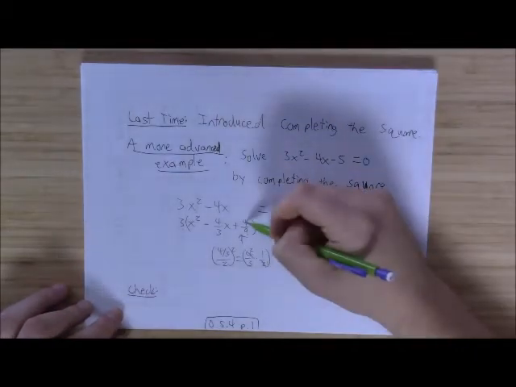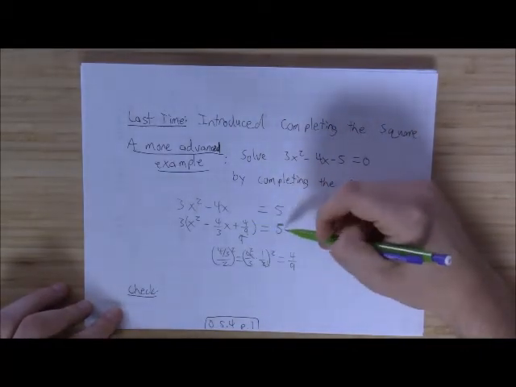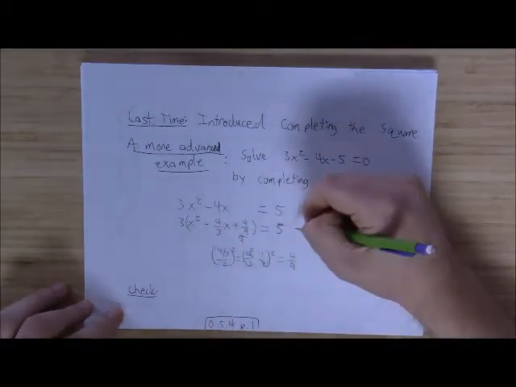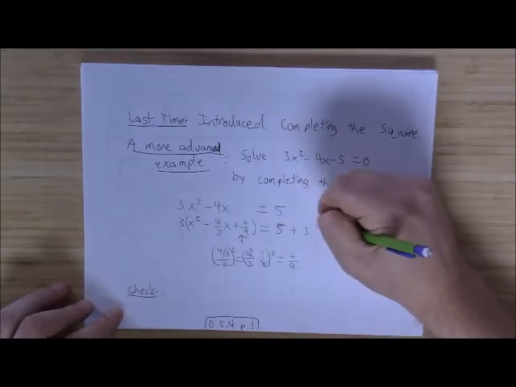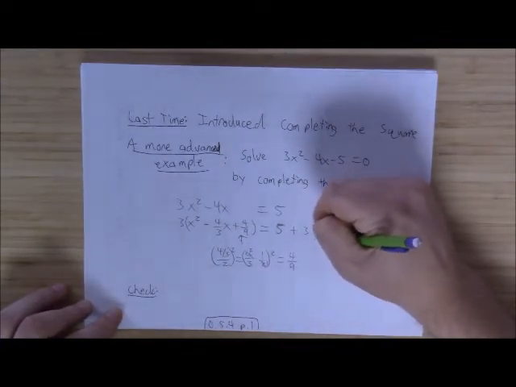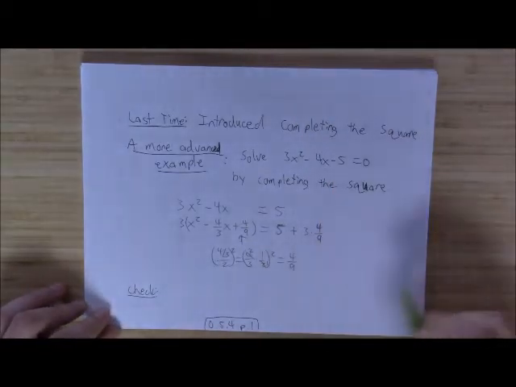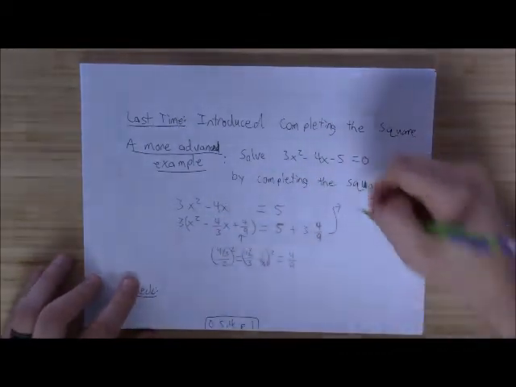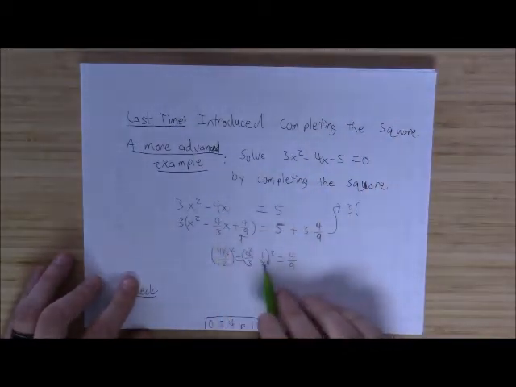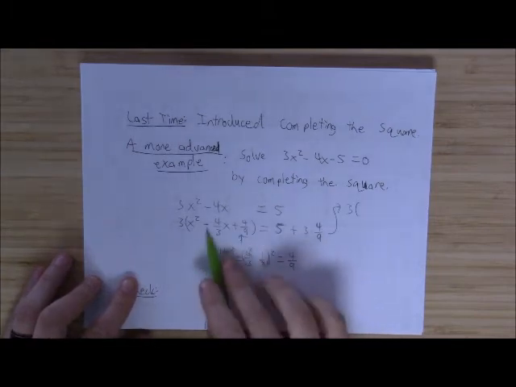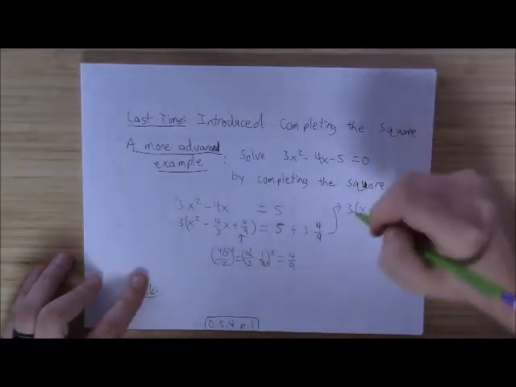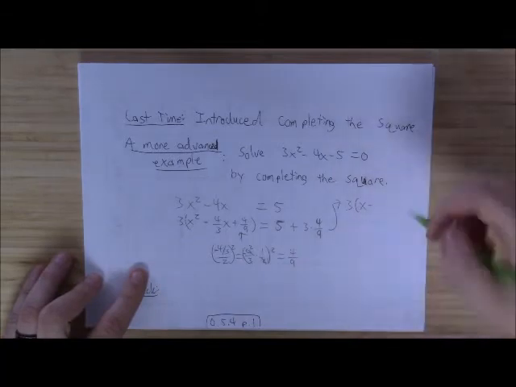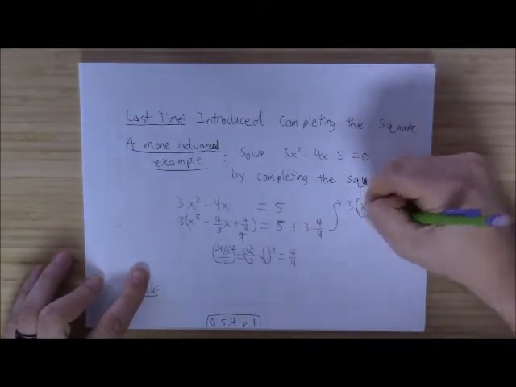Now, an important thing here is we need to add to this side to keep the equation true. Of course, we're not really just adding in 4/9, we're adding in 3 times 4/9. So let's add in 3 times 4/9 on this side. Here we have 3 times, and whatever was on the inside, namely the 2/3, is what this reduces down to. So x minus, this was a minus there and a minus there, but it doesn't matter once you square it out, x minus 2/3 squared